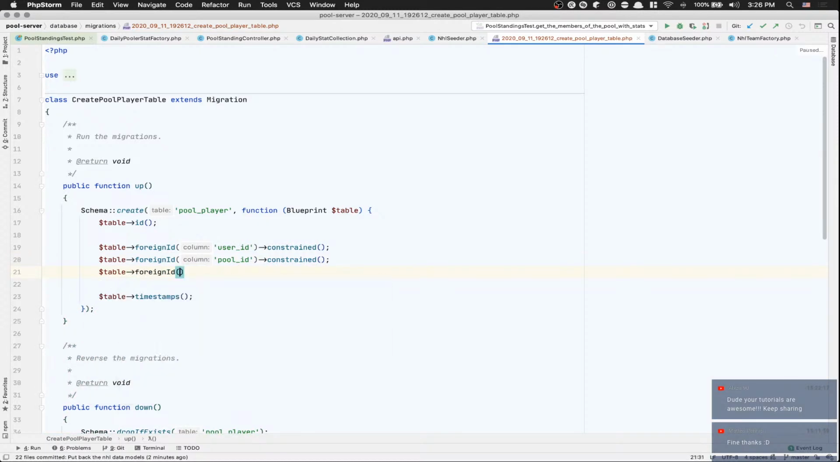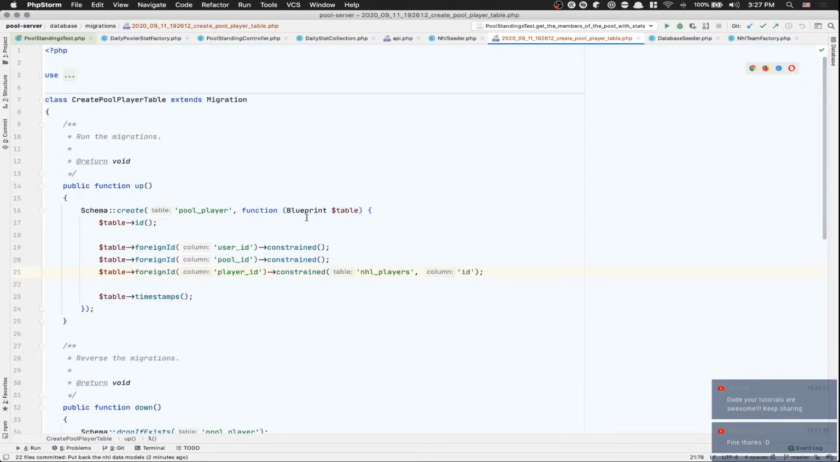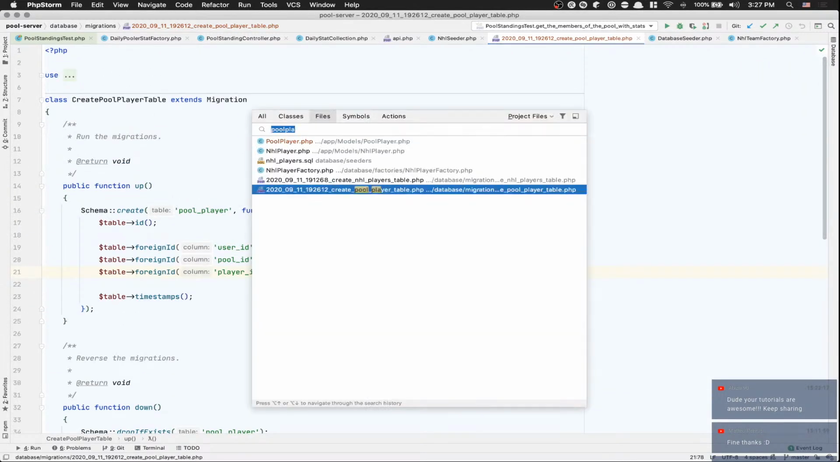And finally, I need the player ID. And now the difference, it's here that's going to be the NHL player tables. And this is the column ID, just to make sure you follow that. Okay, so now what that means,